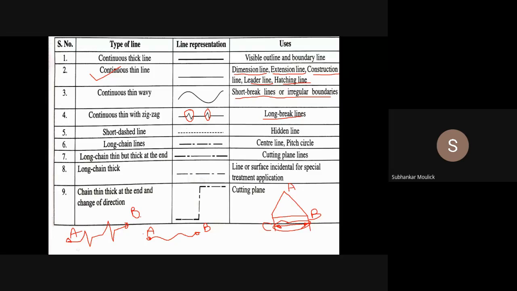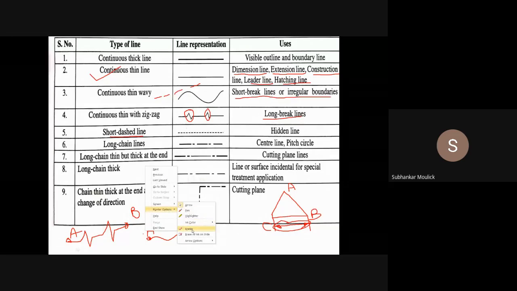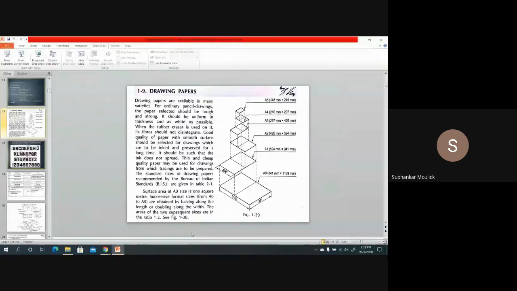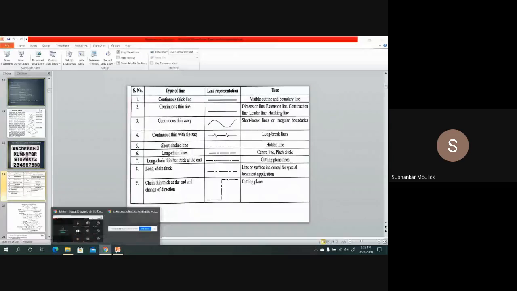Fine. Next is short dashed line. What is short dashed line? It is a hidden line. That means the line is like this, dash, dash, dash, dash. I will use this hidden line when the object is not visible to me, when the part of the object is not visible to me. For example,